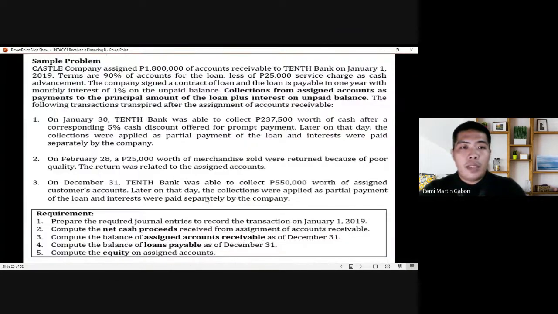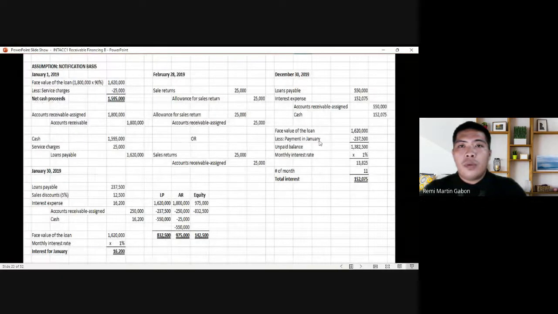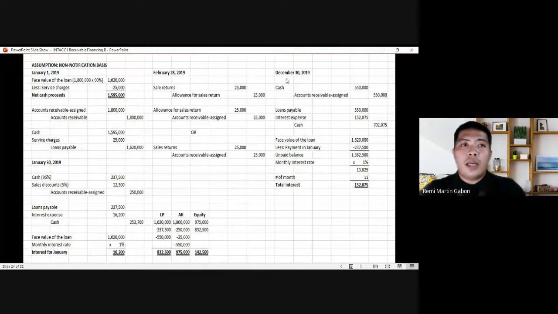for December 30, the bank was able to collect 550,000 worth of assigned customers accounts, and later in that day, the collections were applied as partial payment for the loan. And interest were paid separately by the company. So our solution in contrast again with non-notification basis,